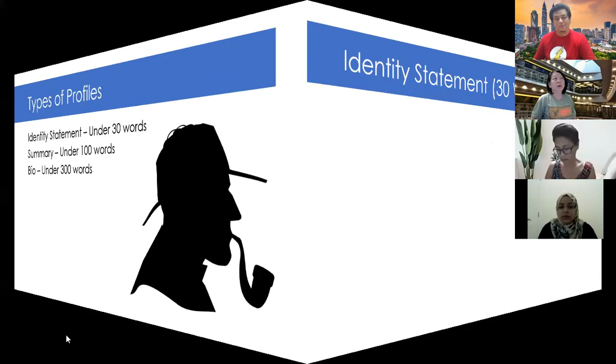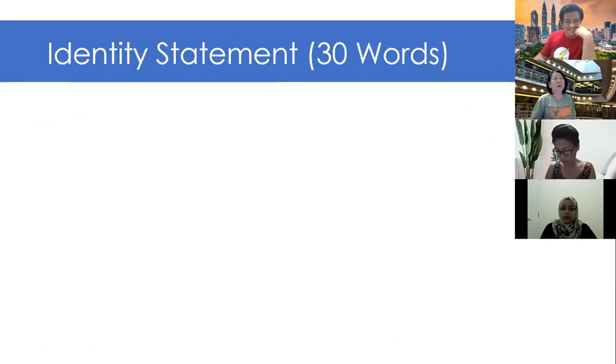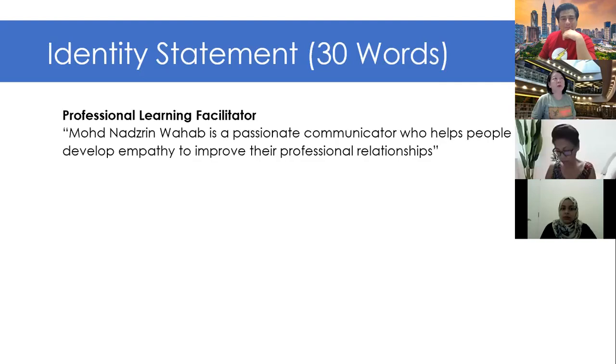So what they're really looking for is this. They are looking to get to know you in as short a time as possible. Therefore, the first thing you should put is actually your identity statement. When they ask you to introduce yourself, who are you? Then your identity statement is the one that you put up front. When you introduce yourself face to face, when you write an email, that's the first thing they want to see. When you write your bio or your summary, the longer profiles will start with this.